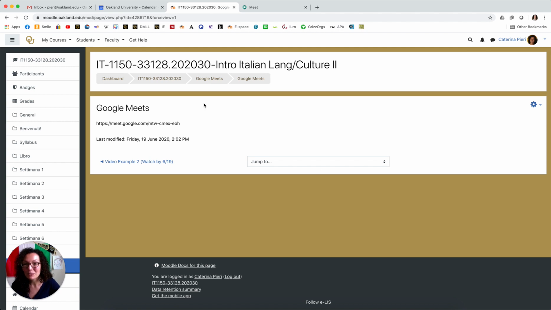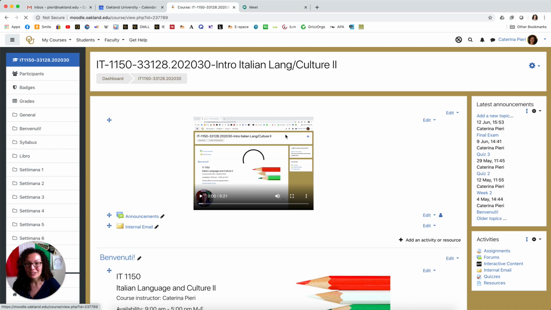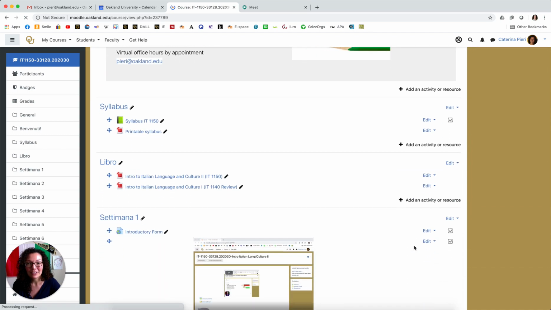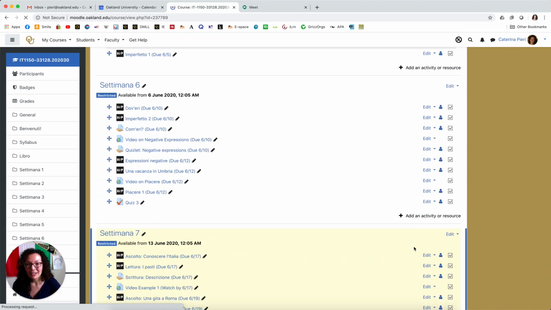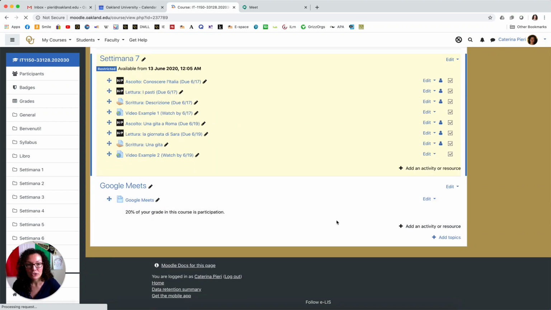So this is what we did. Let's go back to the Moodle website. And you see that we have now this new block for Google Meets. If you want to give it more relevance, of course, you can decide to move it around. When you are in editing mode, you have these arrows.